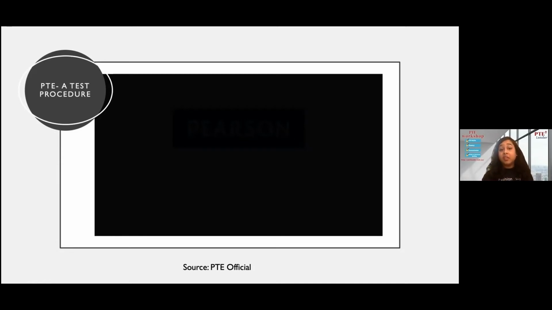Obviously, before you leave the test room, they will again scan your palm. And again, before you go back to the room, they will scan your palm. And then you give the test. Also, you are not allowed to take any papers inside the room, so they will check that as well. After you finish the test, they will give you a confirmation letter through email that you have attended the test, and you will get your score in email very soon.